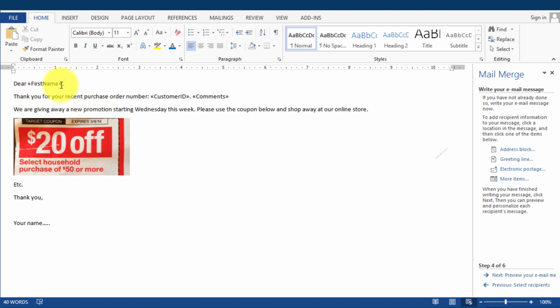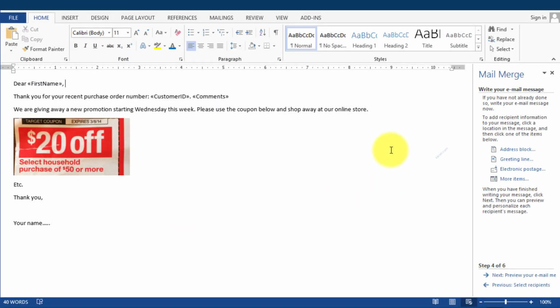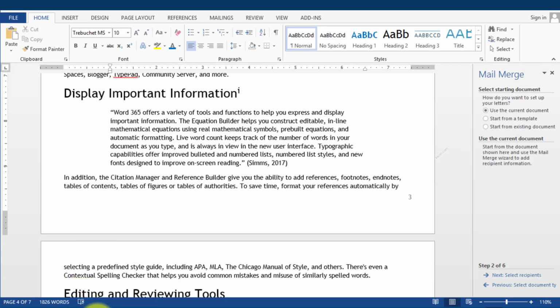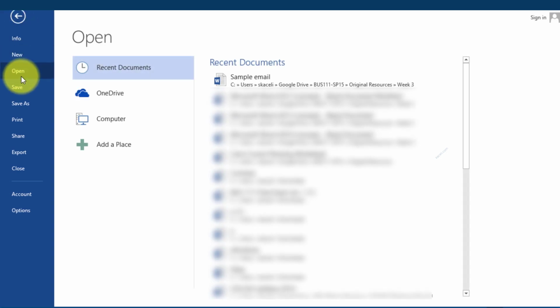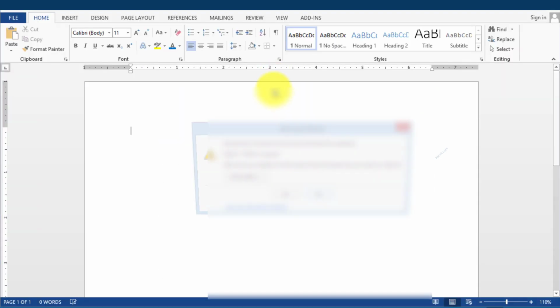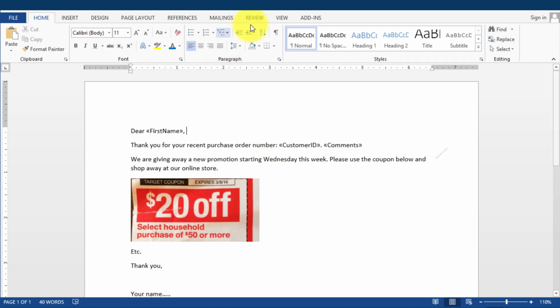Now what you can do as well is save this file, notice with the codes here. If I save it, I'll give the name here, and if I go back after 2 weeks or 2 months or whatever, and come back to Word again and open it, here's my sample email. Notice it's going to come up and ask me, do you want to link to the customer's file in Excel? Of course I want to say yes, and then from this point on we can go here